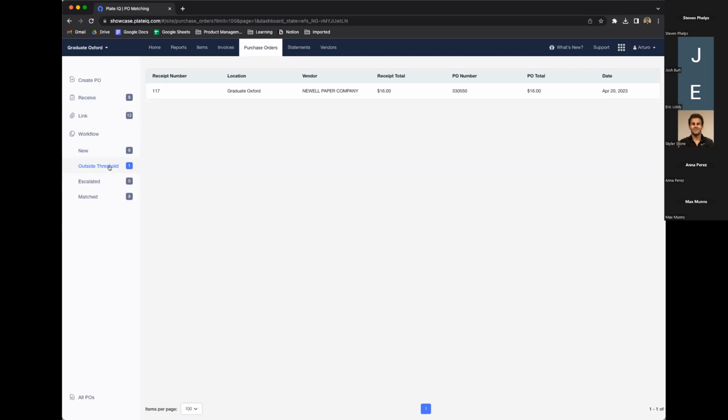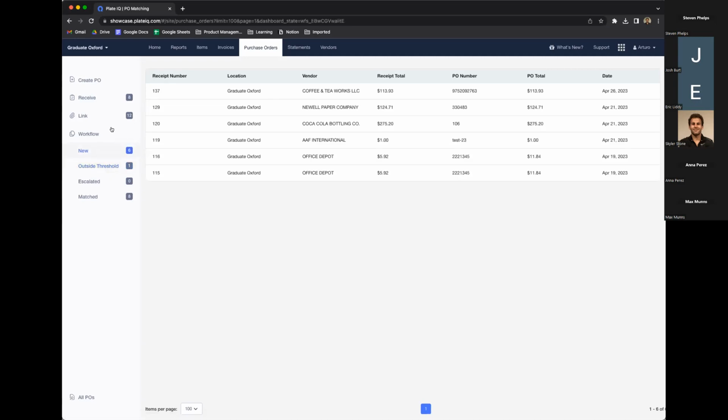So that's something we're really narrowing in on from a rules engine perspective. And that's something that's currently being created and should be shipped very soon. And that'll just optimize this whole experience. But essentially, once going back to this new bucket, once a receipt and an invoice have been linked together, you